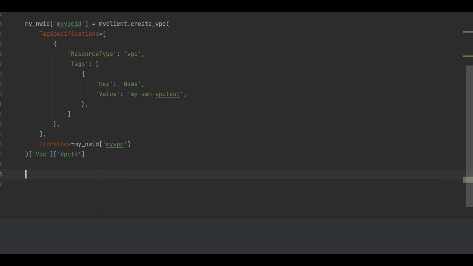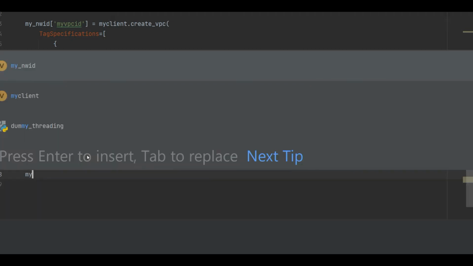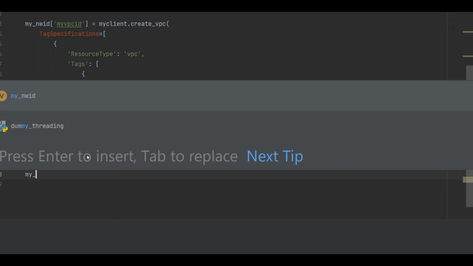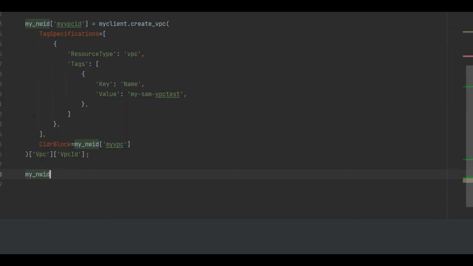So to do that, I will create a key because I want to extract the network ACL ID, which I can use in my create_tags method to assign a name to it. So let me create the new key in my NWID, and let me name the key ACLSID. Okay, and then I will call the method describe_network_acls,